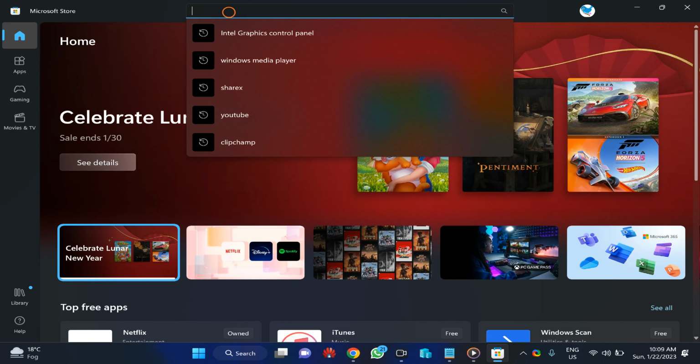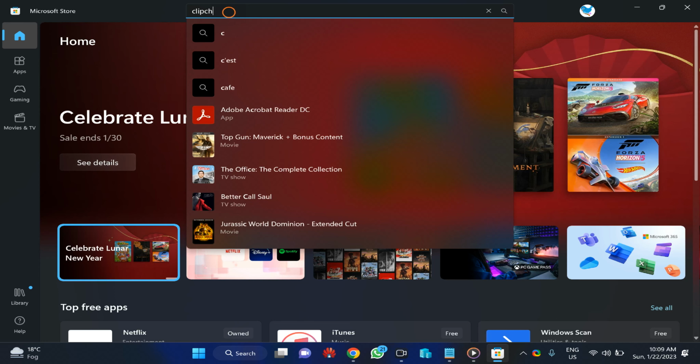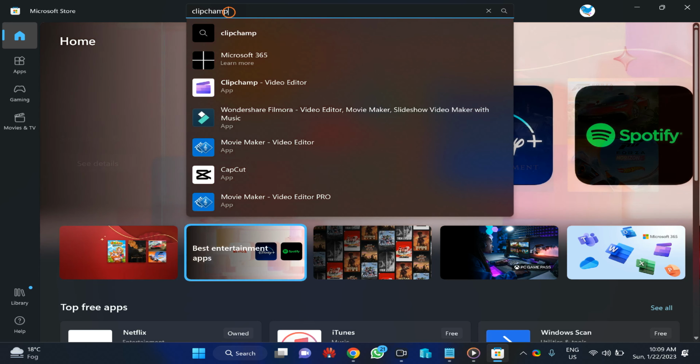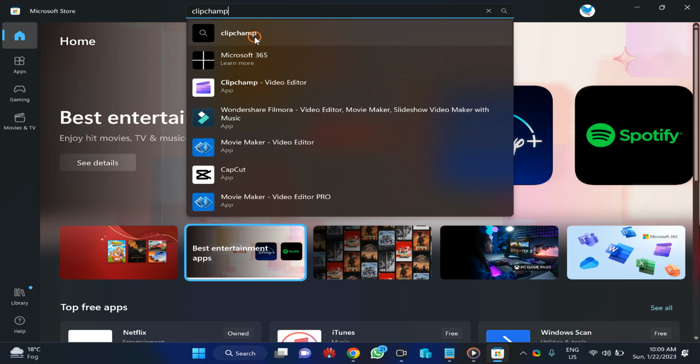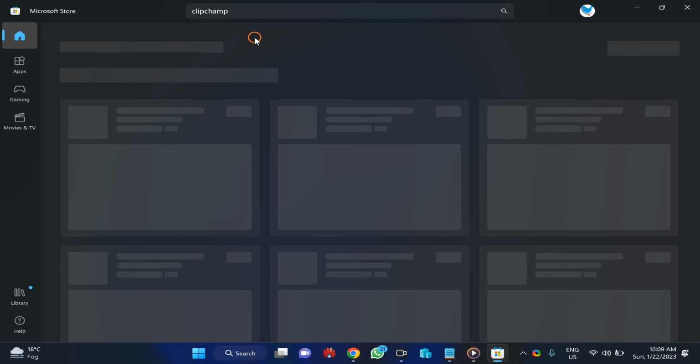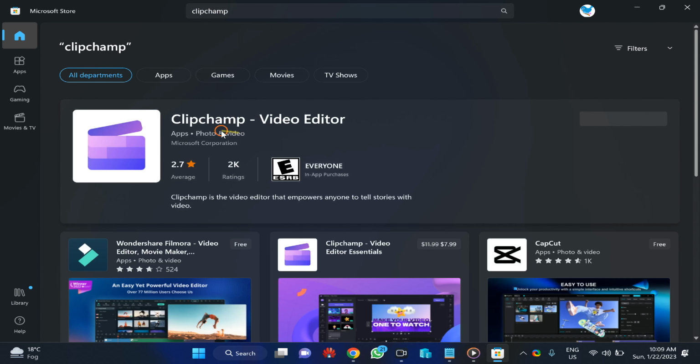In the search, type Clipchamp and click on its entry in the search. Here you will find Clipchamp video editor. Click on the install button to download and install it on your Windows 11 PC.